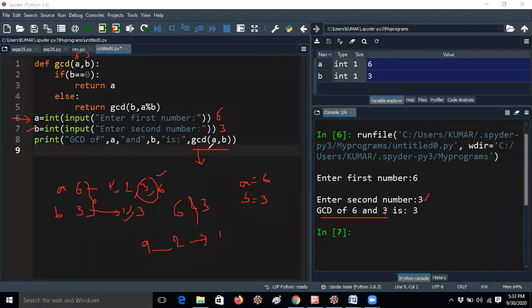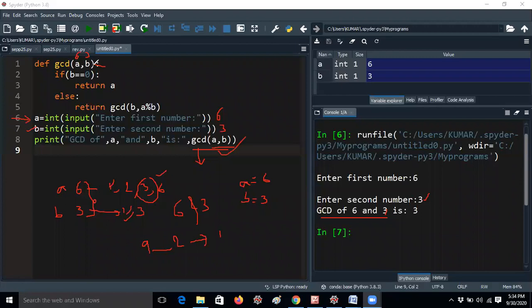Once again I am telling you, these are actual arguments and these are formal arguments. You can take any other variables here, not only A and B. If you want to take P and Q, that is fine. If you take M and N also, that is fine. Whether both are the same or both are different, it won't affect the program. You should remember, guys: in some interviews they may ask whether actual parameters and formal parameters should be the same. No, not at all. If they are the same, it won't affect anything, and if they are different variable names, it should be fine.